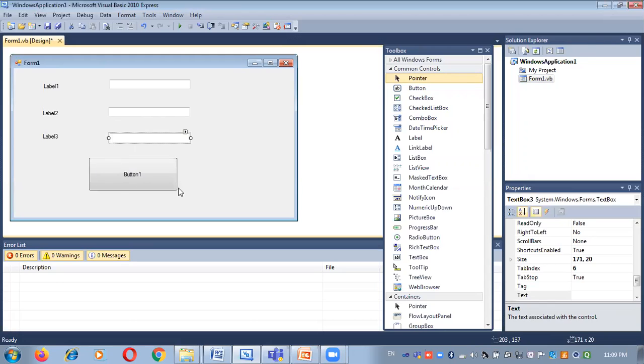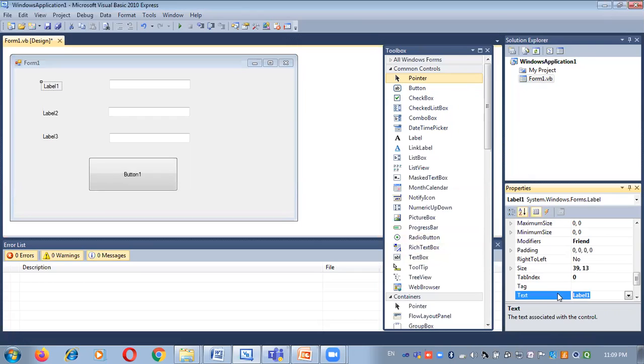What is my aim? My aim is that when I click on this command button, after entering the values in text box 1 and text box 2, the third value will be displayed in text box 3. So for that, before writing the code, I'll set the text property of the label controls.